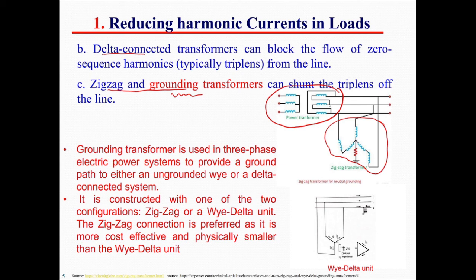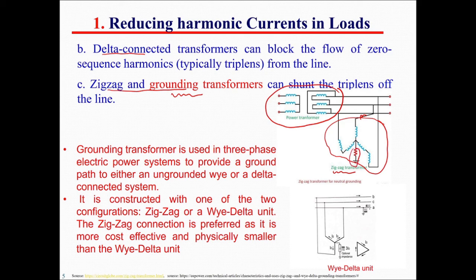Of course, over here, since we have delta winding on the secondary, then nothing can be connected to the ground, right? In delta, nothing will be connected to the ground. Then how to connect the system to the ground? By using what we call a zigzag transformer, and this is how a zigzag looks like. I will talk about it inshallah later on. And now the system can be grounded,